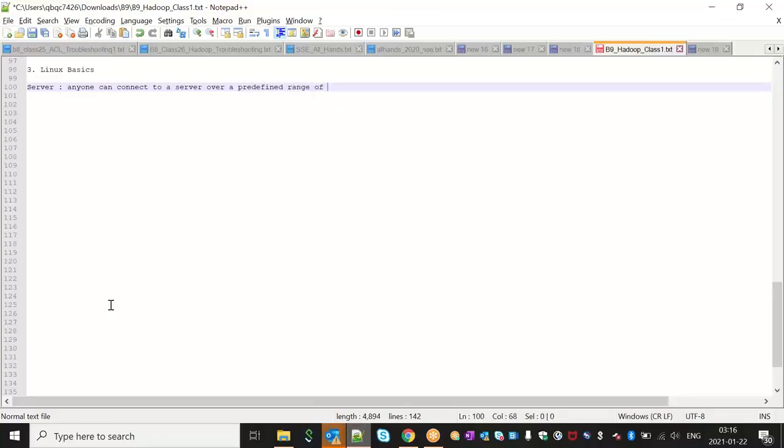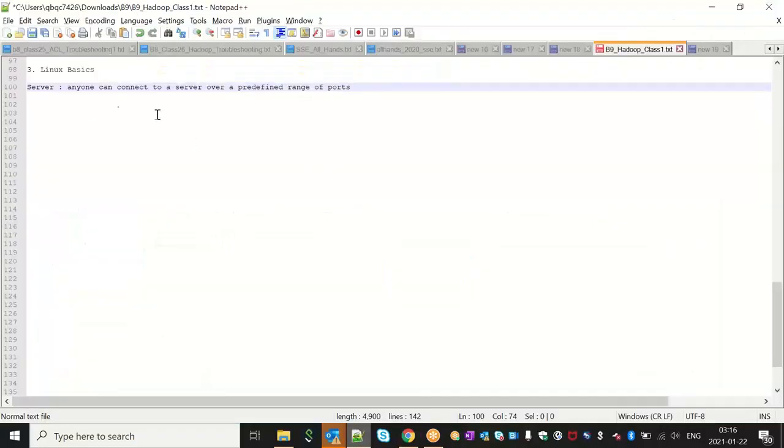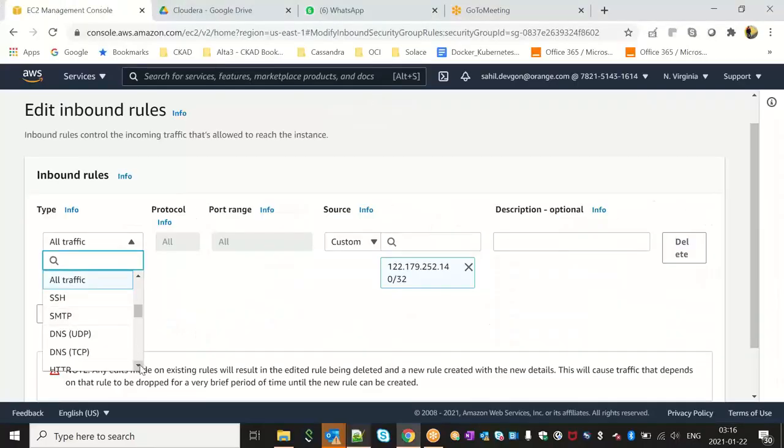range of ports. And the ports are basically TCP ports. There are various protocols through which you can connect first of all, and one of the protocols is basically TCP. So when we say various ports, they are basically TCP ports. So if I scroll down and select,